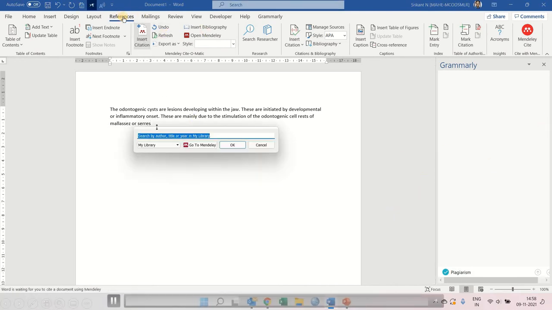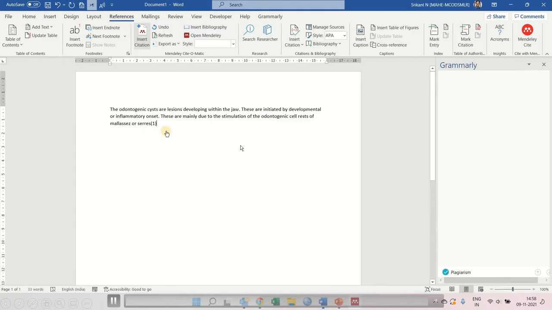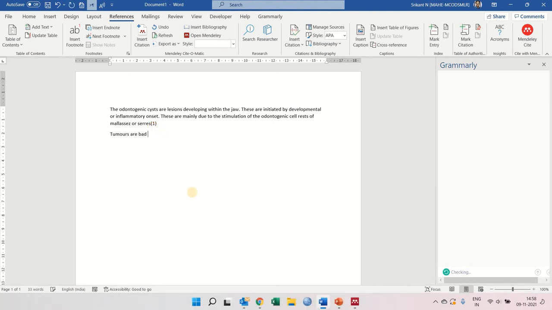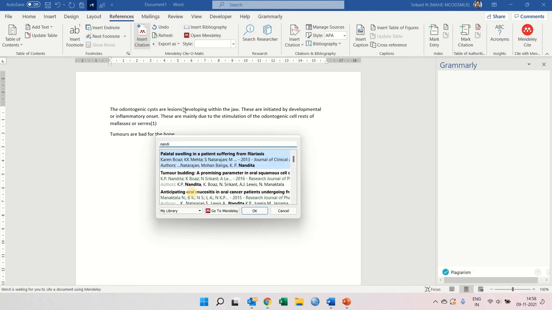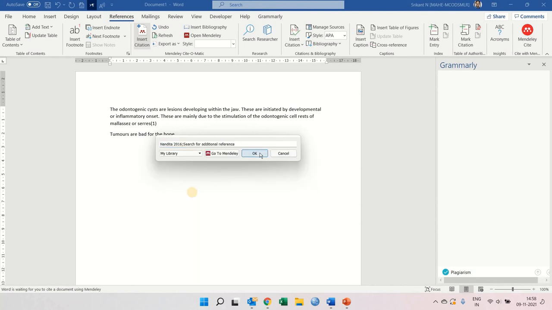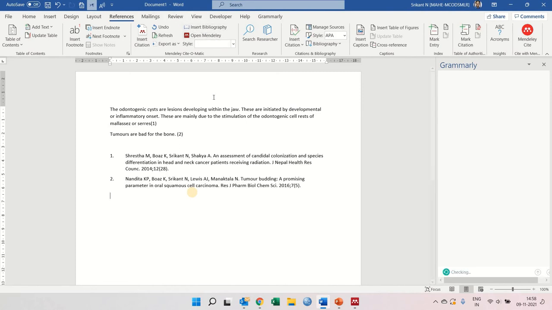These are absolutely essential for referencing in your Word file. In the Word file, under the tab of references, you can see that the Mendeley tab gets incorporated. When you type a particular author's name, it automatically incorporates the particular reference in a particular referencing style. You can also add different content and create multiple references, and it also generates a bibliography. In this example, you can see there is a second reference that is being added. Once the second reference is added, you can see that the numbers 1 and 2 are given. When you insert the bibliography, you can see the full referencing of that particular person or article is cited.